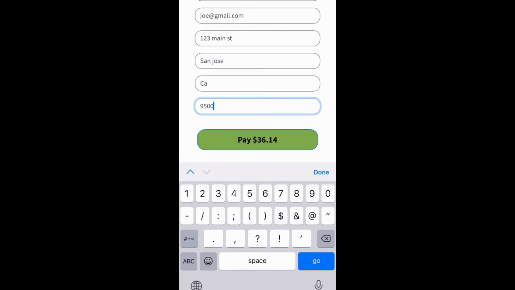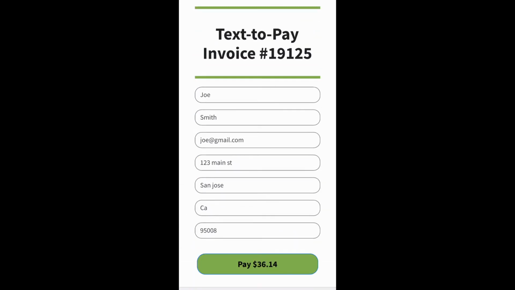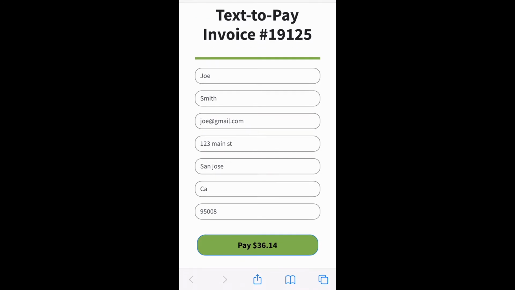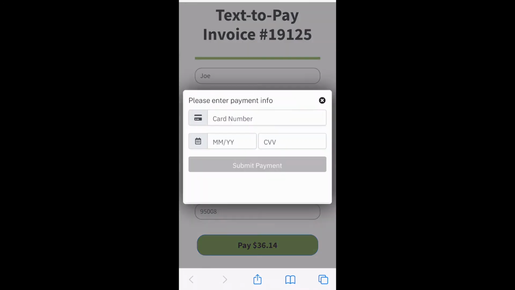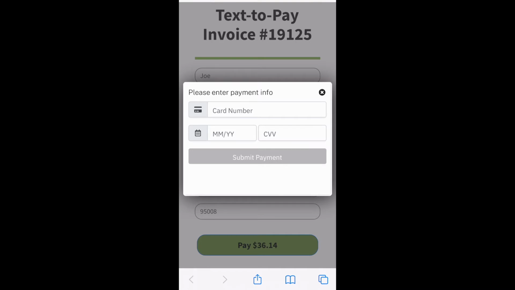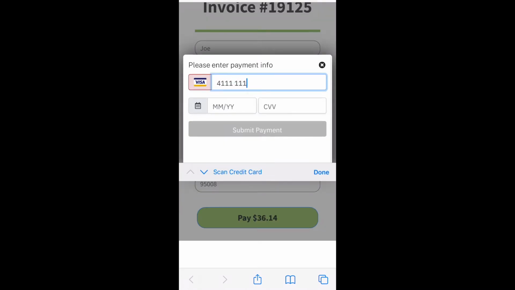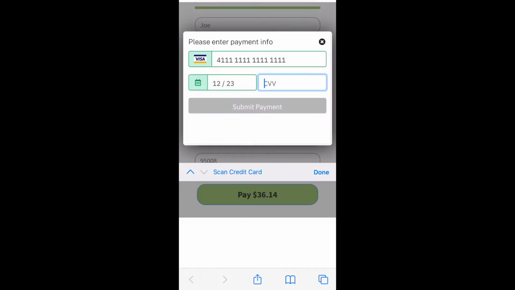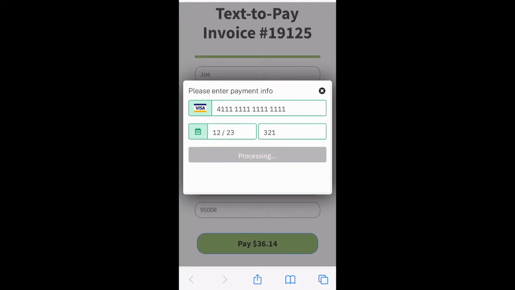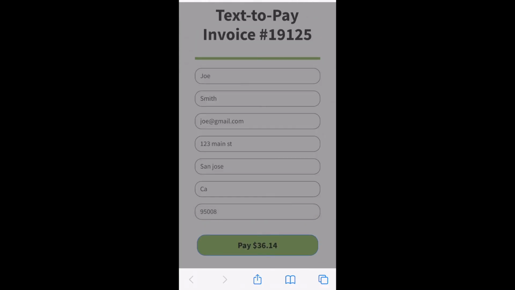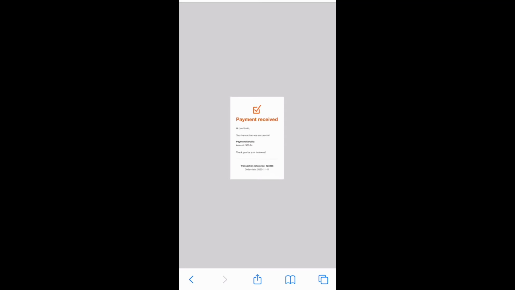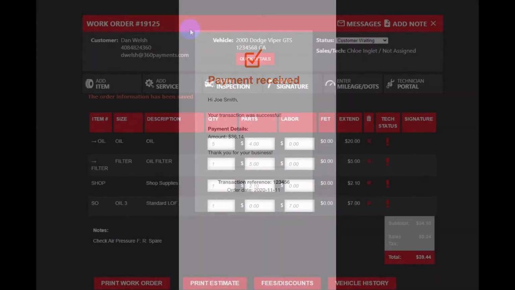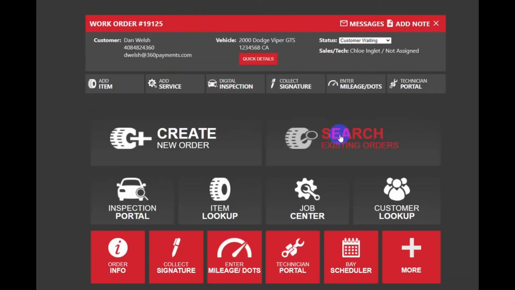And then they just click Pay. This will then pop up a screen for them to enter their credit card information. And submit payment. Once the payment is received and approved, they'll get a message, and then back in the software, from the main